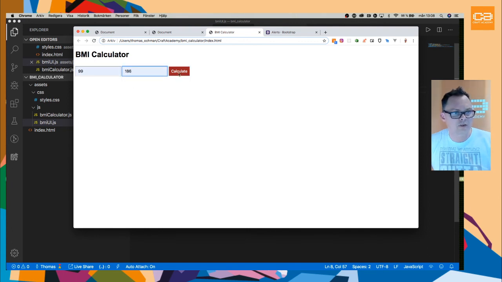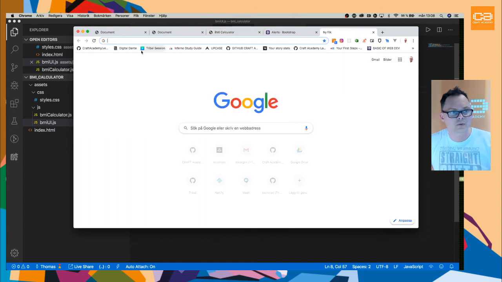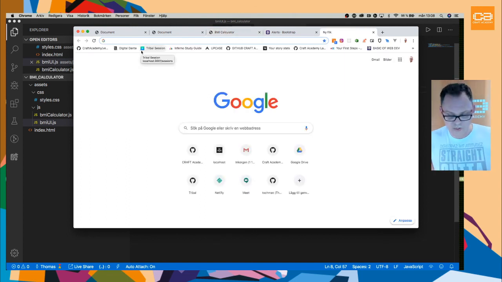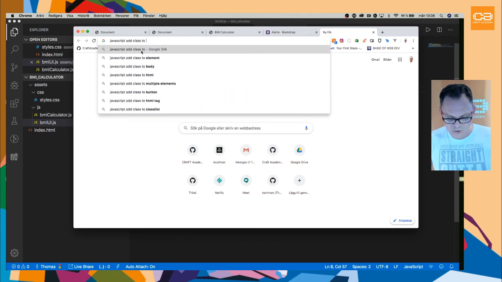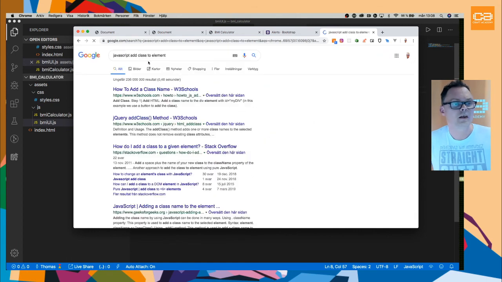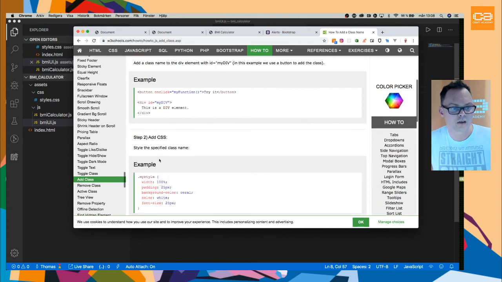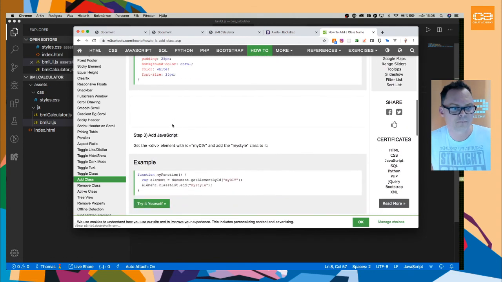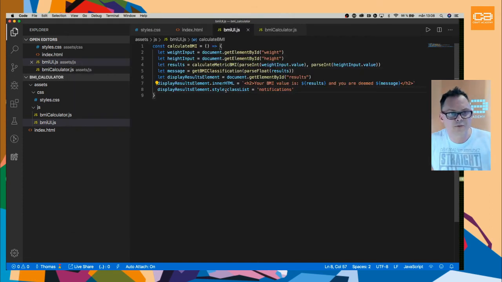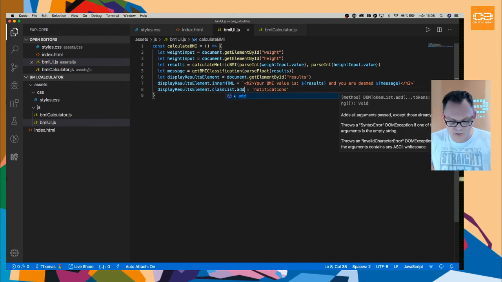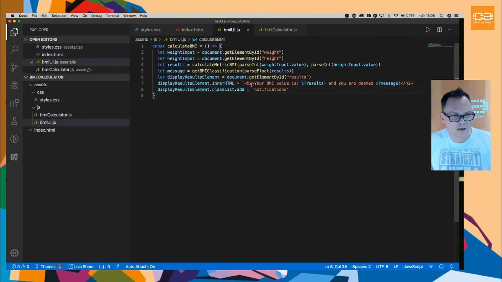And if it is not, I'm gonna show you how you can solve problems using internet. So JavaScript add class to element, and it's not jQuery. How to add a class name? So we're just gonna do class list add. Okay, now I understand. All right, so it's class list add. Okay, so we say remove the style and we say class list dot add and a parentheses